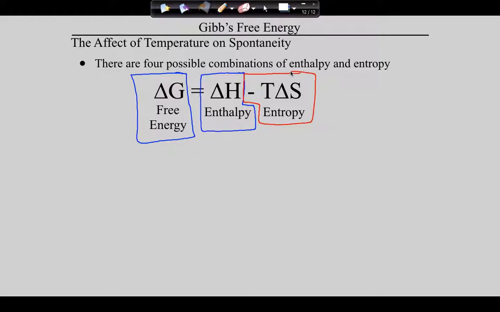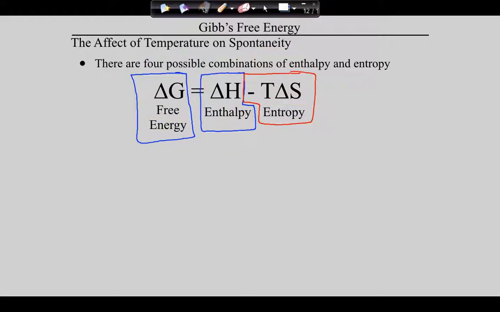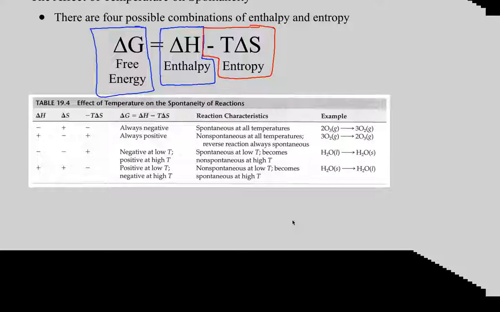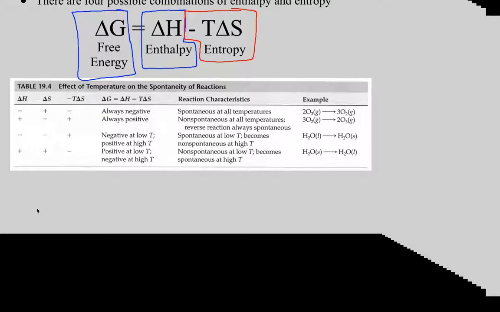And guys, are you okay with the idea that there are 4 possible combinations for these? We just went over them. Those are our 4 possible combinations. Well, guys, now look at the bottom of page 809. Do you see it? Those are your 4 possible combinations. Now, guys, I'm going to zoom into this. If you would like to look up at my screen, you can do that. But if you're finding that you can't see, you always have this in front of you in the book. Okay, so guys, let's look first of all at the